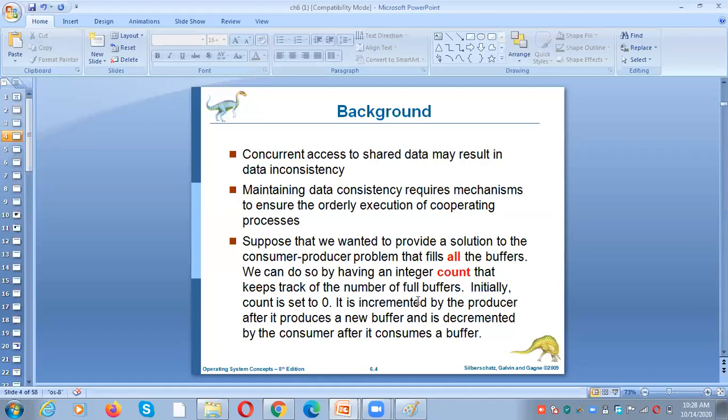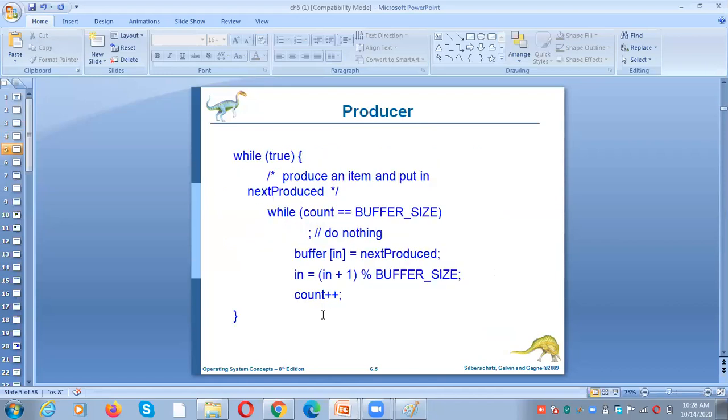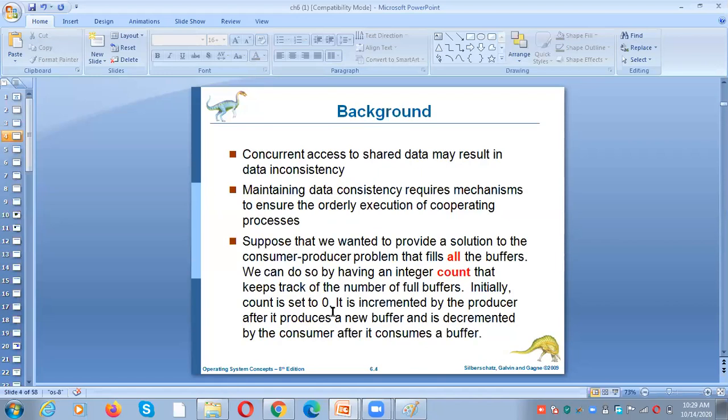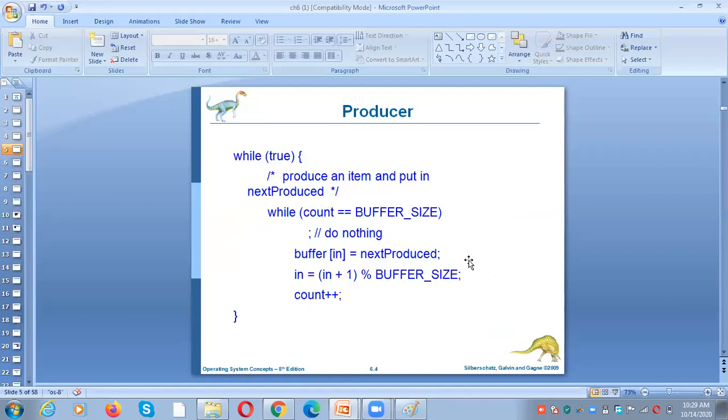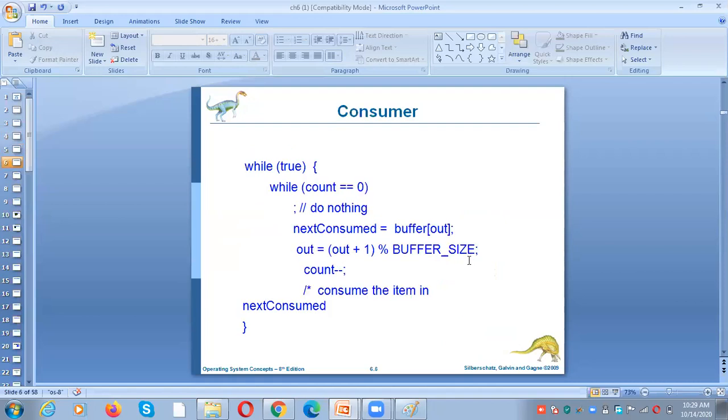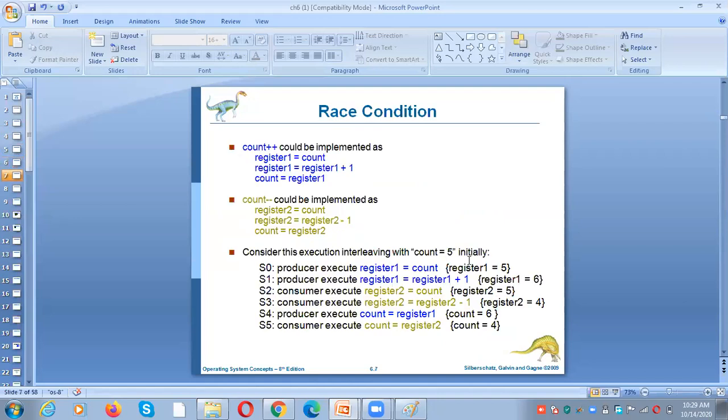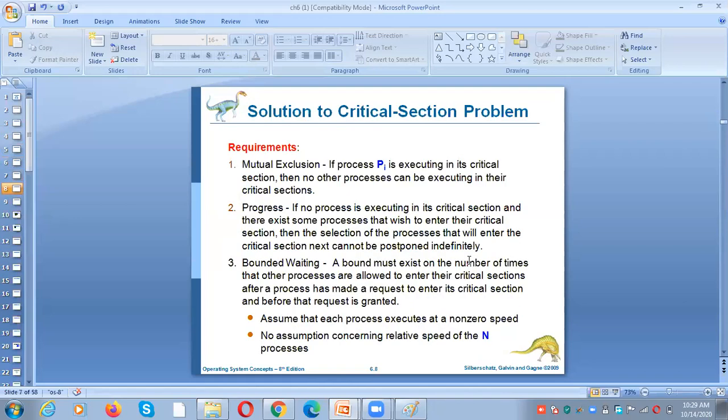I already told you the problem. Count is initially 0, in is 0, out is 0. These are the initial values. If the buffer is full, the producer cannot do anything. If the buffer is empty, the consumer cannot do anything. So we had a discussion about the producer consumer problem, then a talk about race condition, and then the solution to the critical section problem. Three requirements for the critical section problem: mutual exclusion, progress, bounded waiting.